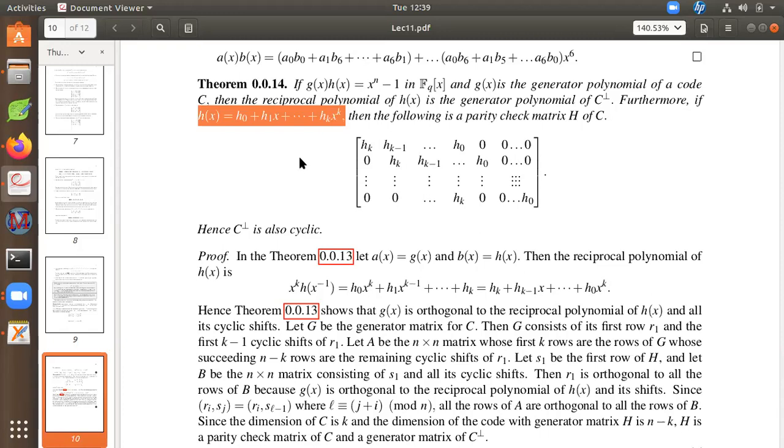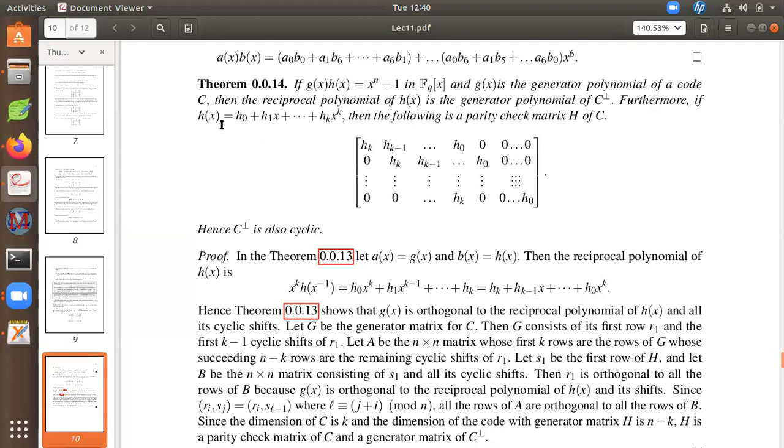If we are taking x power n minus 1 modulo, then we can have the constant term as hk and so on. That's what I'm explaining. First I asked what is 1 by x if I substitute. I am taking now a polynomial of degree k. I'm just asking one after another. h(1/x) is h0 plus h1 by x plus h2 by x square and so on, up to hk by x power k. Is it okay, Sriti?